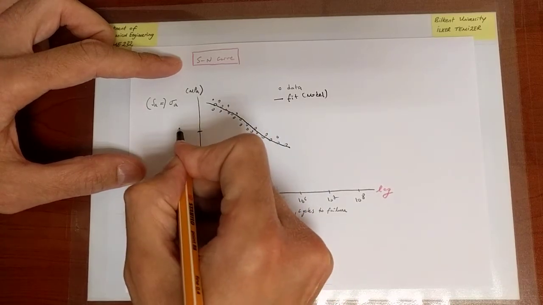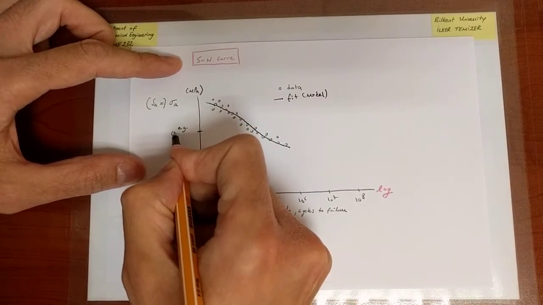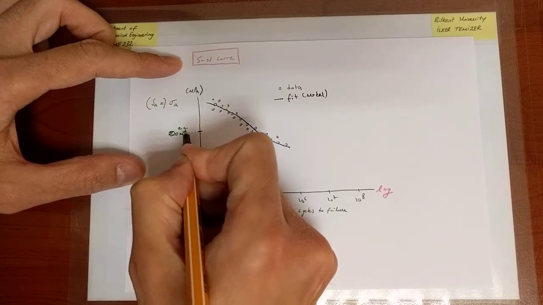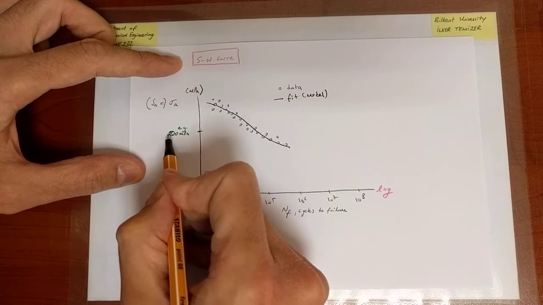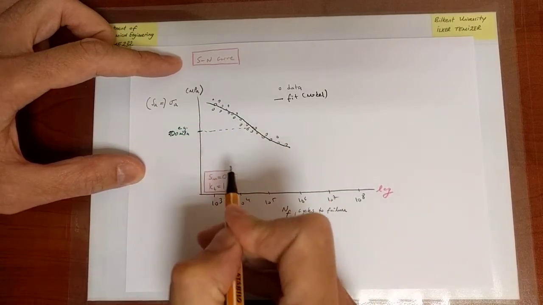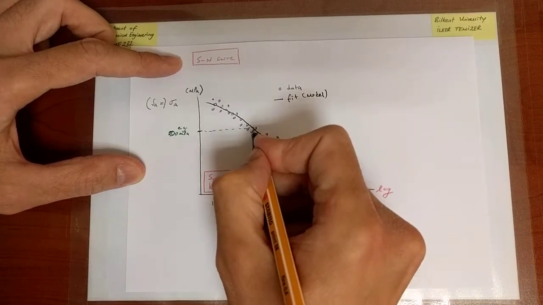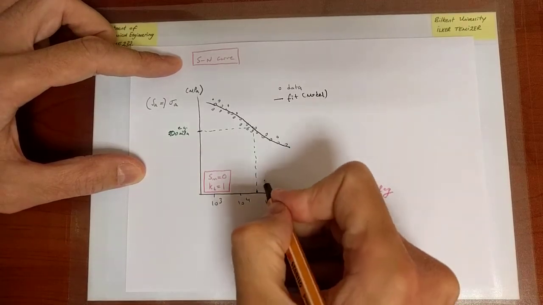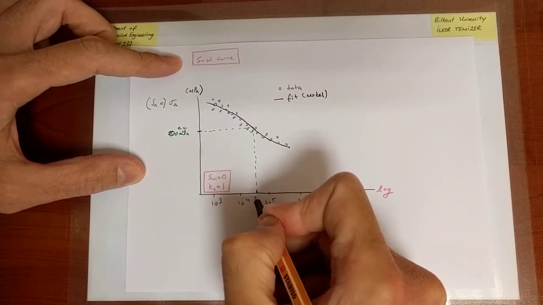Okay, let's say, as an example, let's say this is 200 MPa. Okay, so we impose sigma A or SA equals 200 MPa, and we count the number of cycles to failure, and let's say it's over there. This would be the fatigue life